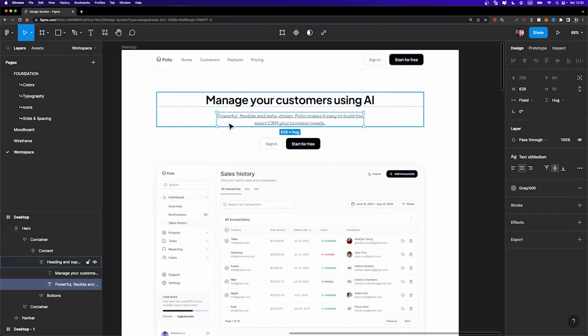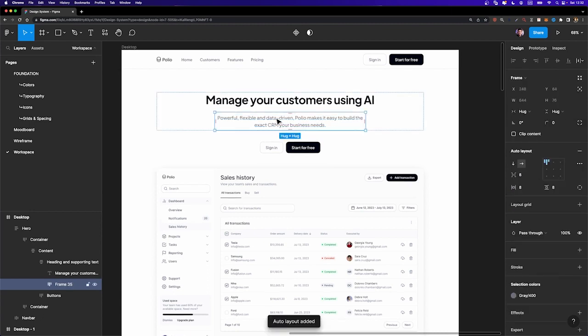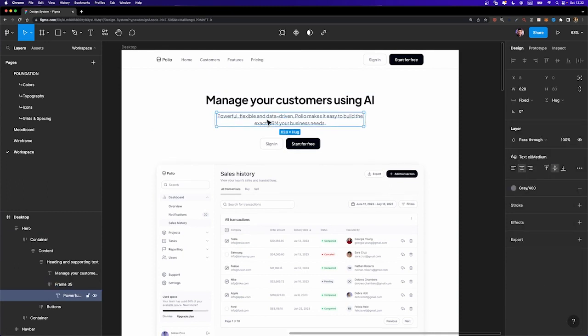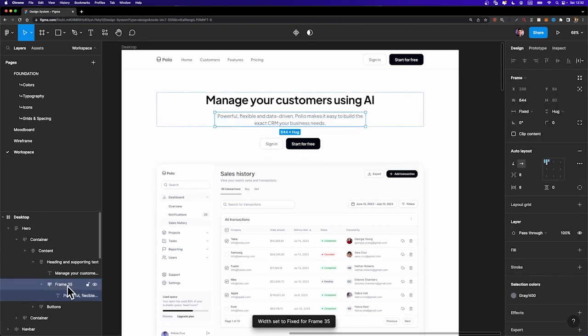But there is also one trick that I'm gonna show you which is quite helpful. If you really want to make this text responsive and you also want to make sure that you maintain this optimal line length, in that case you can select this text, you can put it inside another frame. I'm gonna hit Shift and A, just like this, to put it inside another frame. Just remove the vertical padding. Now I'm gonna select the text. I'm gonna set its horizontal resizing option to fill container, and then I'm gonna select this frame, rename this frame to supporting text,